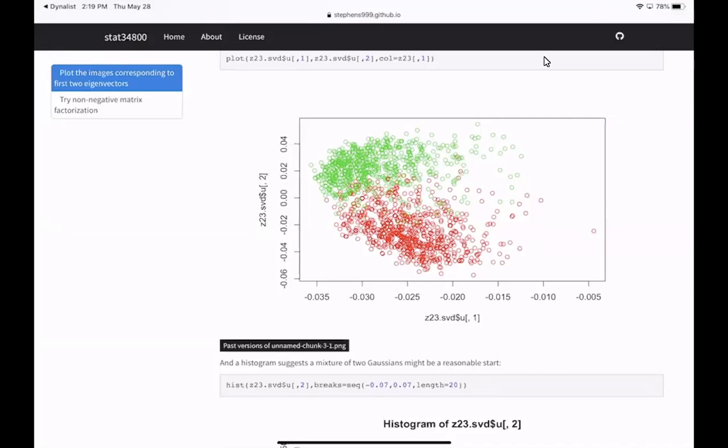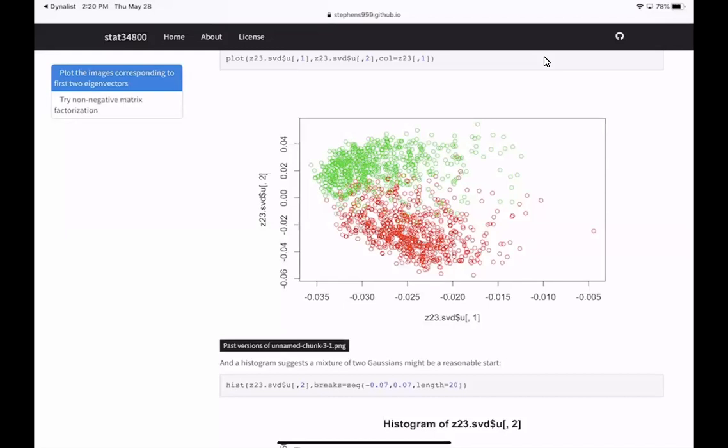Actually, the raw data are negative or positive because they've been normalized by subtracting a mean, but inherently it's a grayscale. So you can think of it as being between 0 and 1, or 0 and some maximum value. And so you can normalize the data sensibly to start at 0. So although the data matrix that we were given starts at -1, you can just add 1 to everything and it's not an unreasonable thing to do, and you get a non-negative data matrix. And when you've got a non-negative data matrix, there's a method called non-negative matrix factorization that you can use to get sometimes a more interpretable